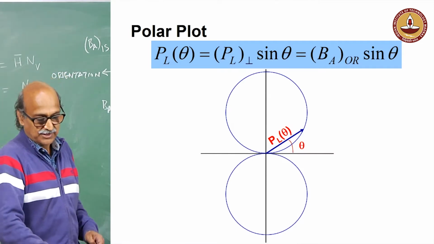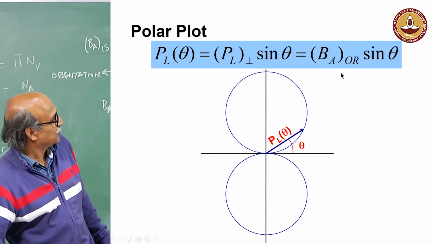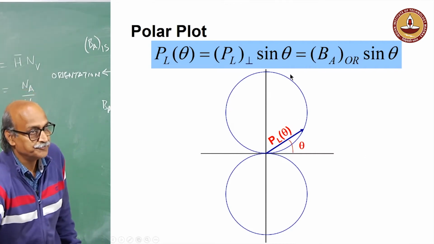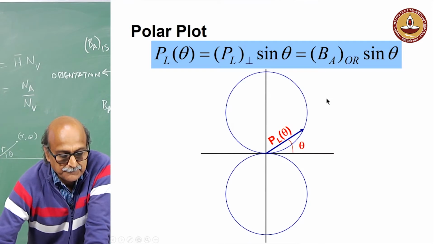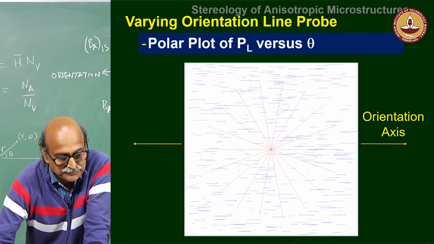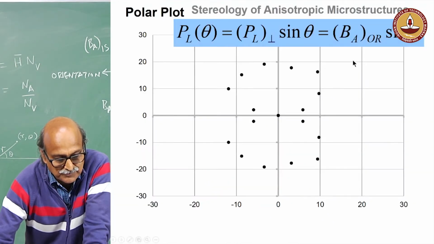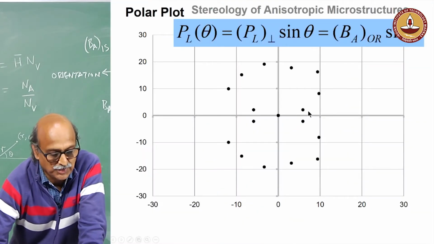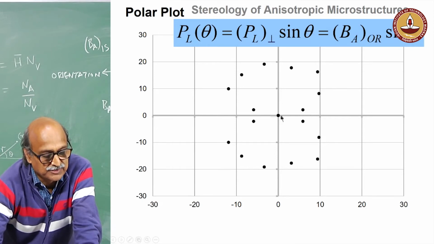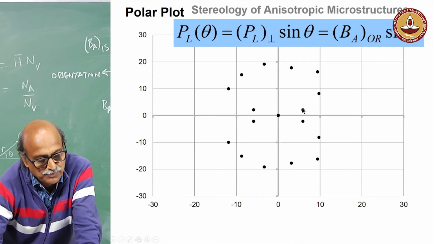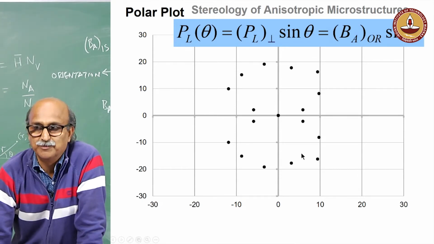So, if you get a completely oriented structure, then this would be the graphical representation of such a structure. Okay. Now, what we do, this is the actual data now plotted as a polar plot. So, I get these points represented now in the form of a polar plot. So, these are all the points from 0 to pi, and then these points are simply reflected from the top, because it is just a mirror image of the top.